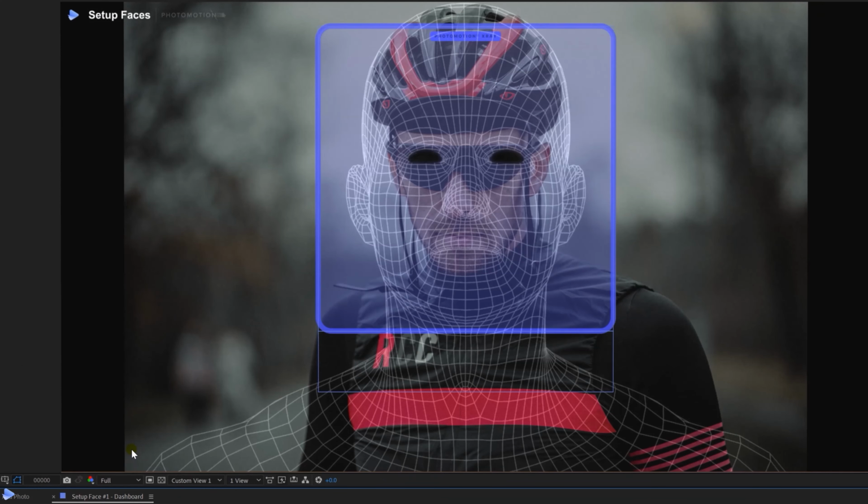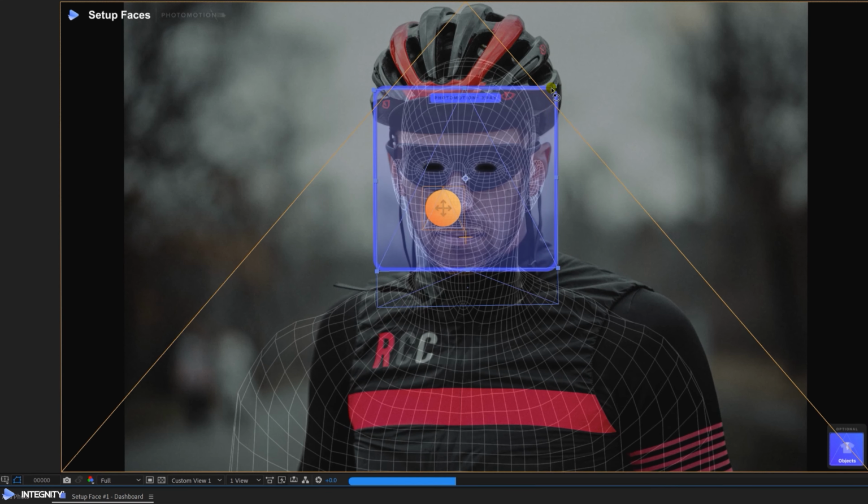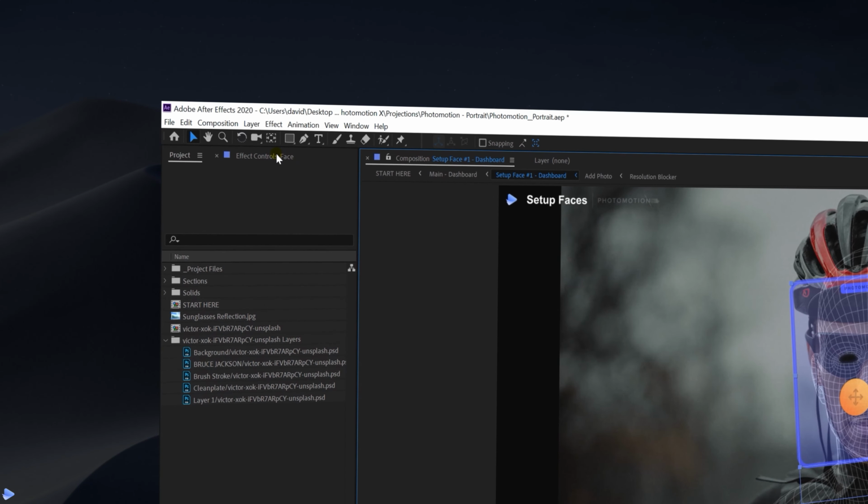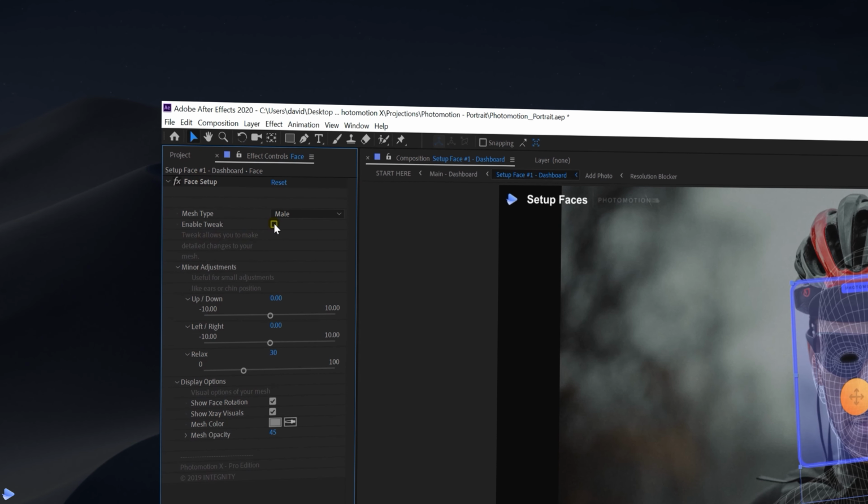What we'll want to do here is, using the corners and the central controller, get this face mesh to match his facial features as close as possible. Don't worry about the shoulders just yet, we'll be fixing those in a second. So once we're happy, navigate over to effect controls over here and tick this enable tweak checkbox, and within our